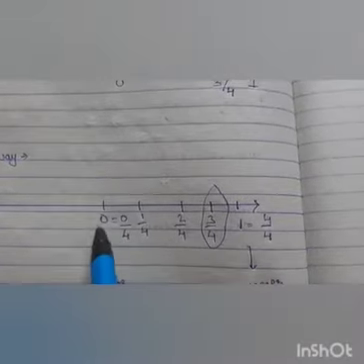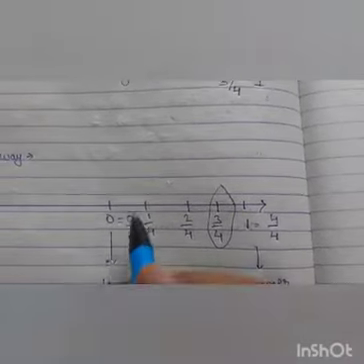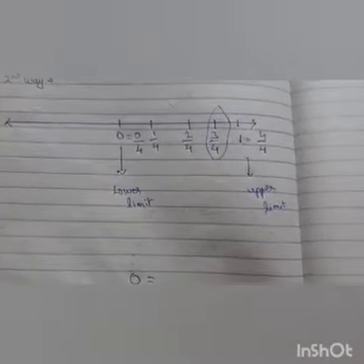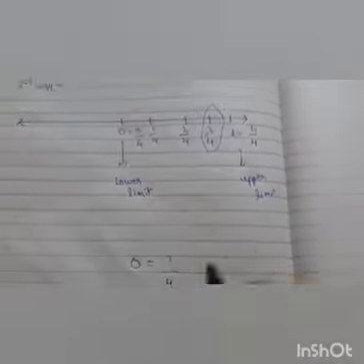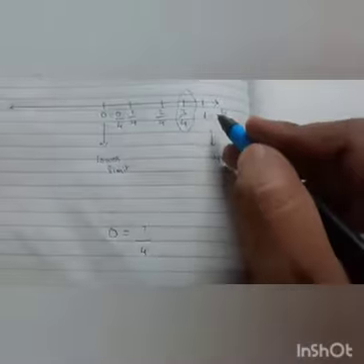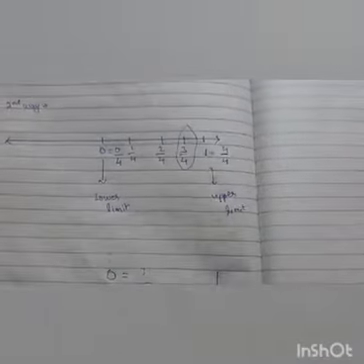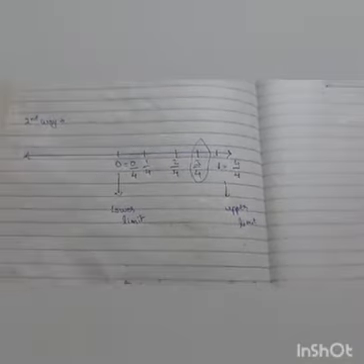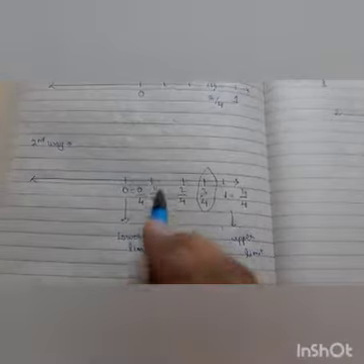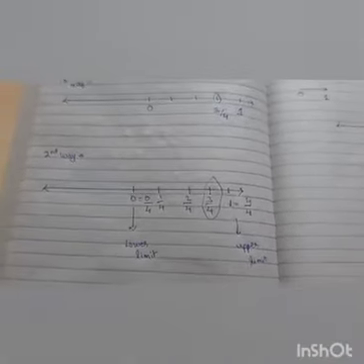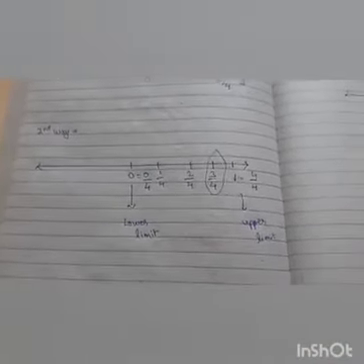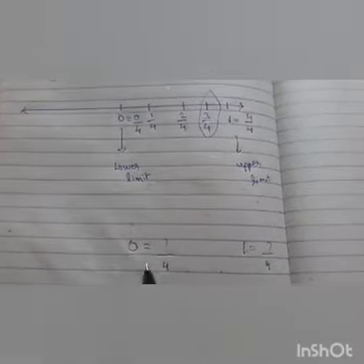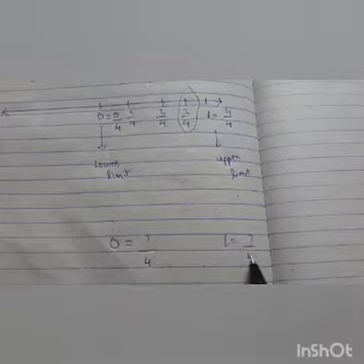So instead of directly writing 0 by 4, I have written here like this, 0 equal to dash by 4, because this value we need to know. Similarly, for the upper limit, that is 1 equal to dash by 4, this value we need to know. Between them, these three blank spaces are given. Now what you need to do: multiply the denominator by the lower limit and multiply the denominator by the upper limit.